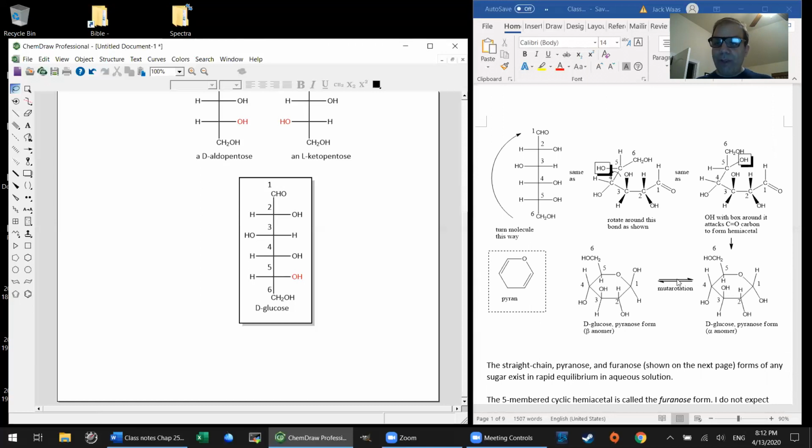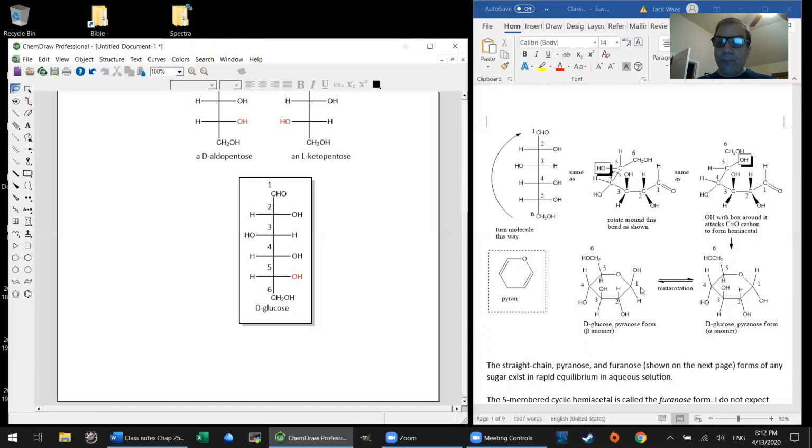And here I'm drawing them using what are known as Haworth projections, not to be confused with Fischer projections. But Haworth projections draw the 6-membered ring as though it were flat. Of course it isn't. So the bond angles are all wonky. But what we do get from the Haworth projections is that it's very easy to see which groups are pointing up and which groups are pointing down. That's very easy, much easier than it would be on a chair form. The reason these are called pyranoses is because they're related to pyran. Pyran is the parent molecule here.